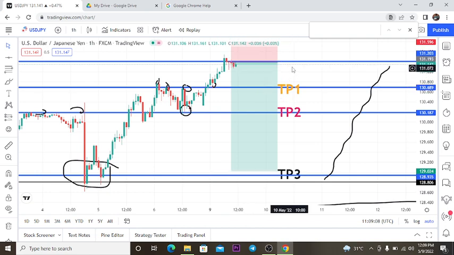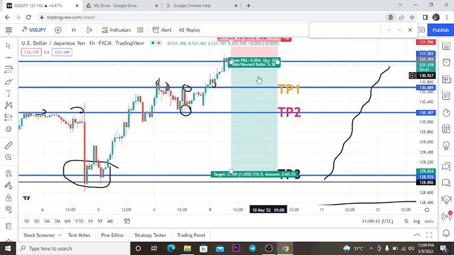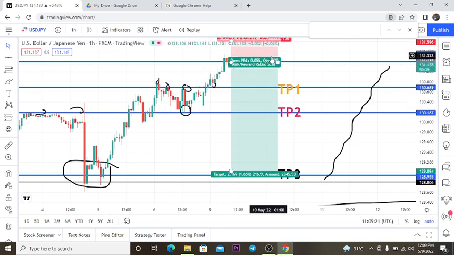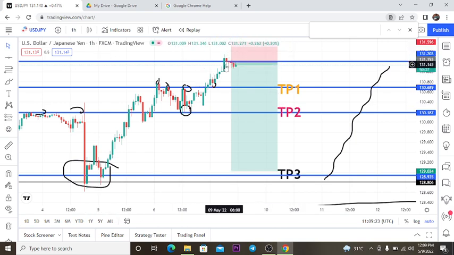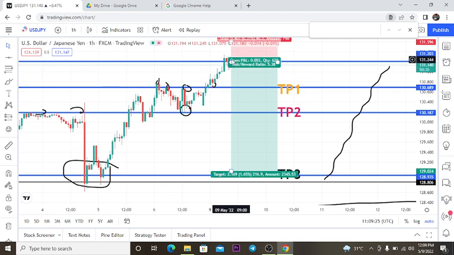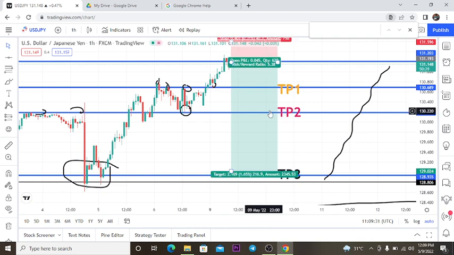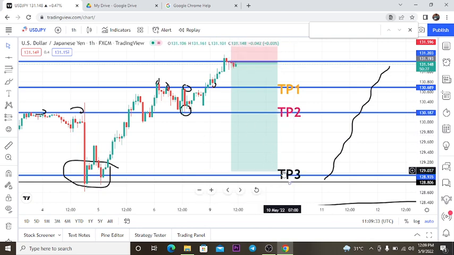The reason why I just put in 2 trades here is because I just wanted to see if this is a swing point, a reversal point, if this price is going to reverse to the opposite direction and start going down, using our double top and the signal we got here, which is the bearish candlestick pattern right there. But once the price breaks our TP2, we are going to stack in more trades that will lead us to this level, which is our TP3.